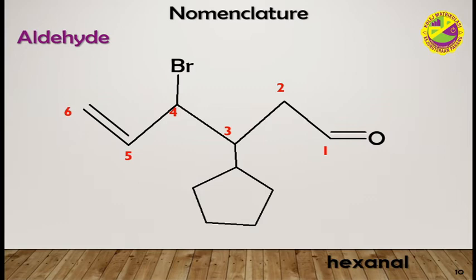So the name hexanal will change to 5-hexenal. And there is bromo group at carbon 4 and cyclopentyl group at carbon 3. So the substituents are written as 4-bromo, 3-cyclopentyl,